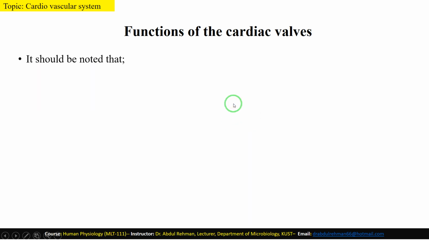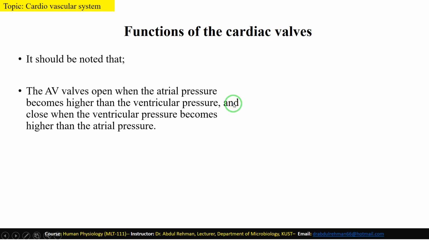Function of the cardiac valves. It should be noted that the AV valves open when the atrial pressure becomes higher than the ventricle pressure. What does it mean? Ventricles are in diastolic state while atria are in the systolic state, and close when the ventricle pressure becomes higher than the atrial pressure. What does it mean? It means when the ventricle is in the systolic condition and the atrium in the diastolic condition, then